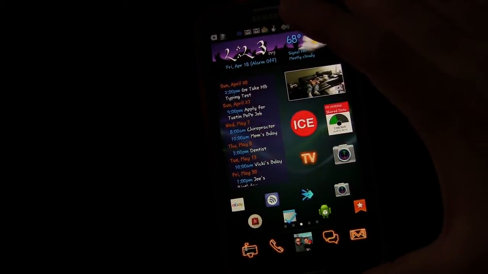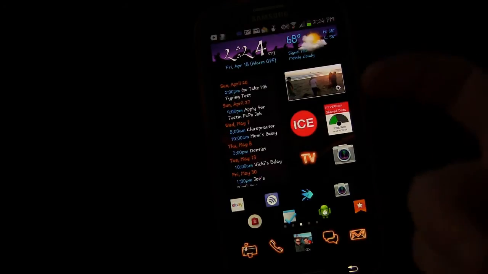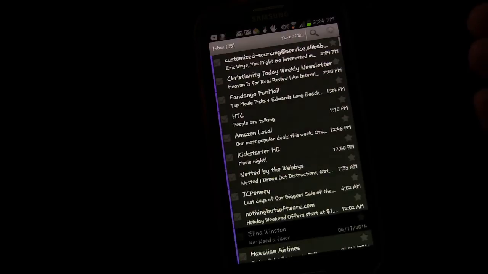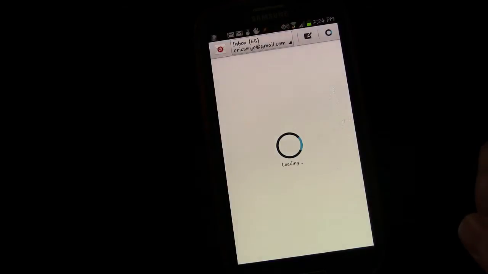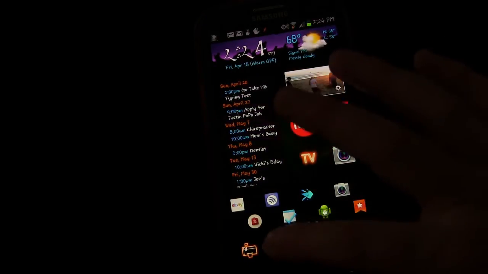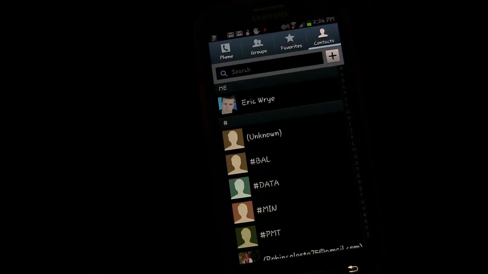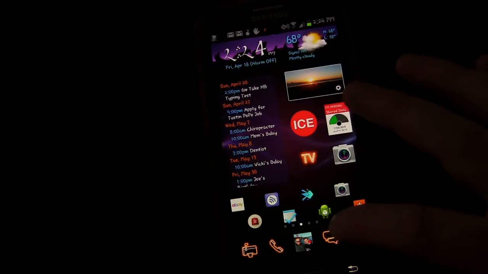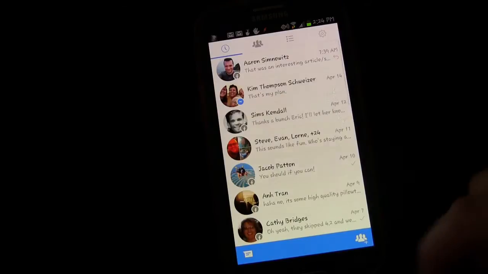One of my favorite features is the gesture from the dock. Anything that's in the dock, you can create a gesture to launch something else. So for example, if I tap on the mailbox there, that is my enhanced email. So that's one email app I use for a particular account. However, if I gesture up from the mailbox, then that opens a different email app for a different email I have. Same thing for the phone. If I tap on the phone icon, then it will open my phone. But if I gesture up from the phone, then it opens contacts. This opens messaging. But if I gesture up from it, then it opens up my Facebook Messenger. So pretty cool